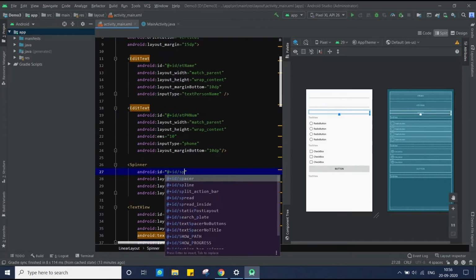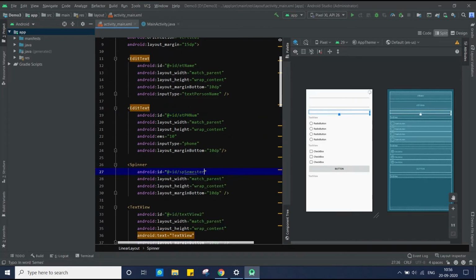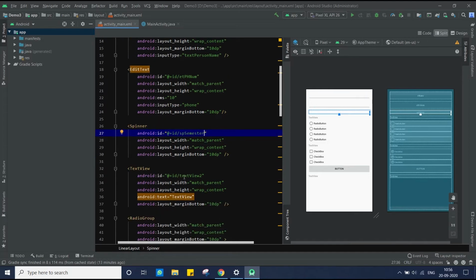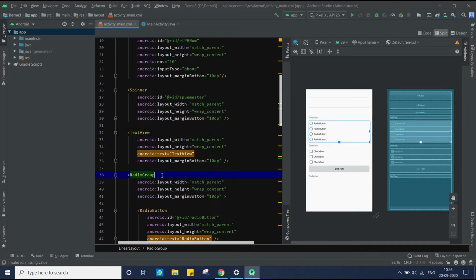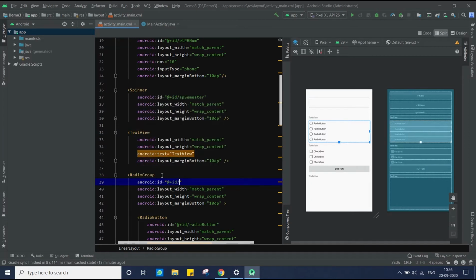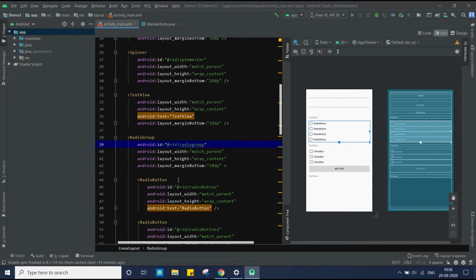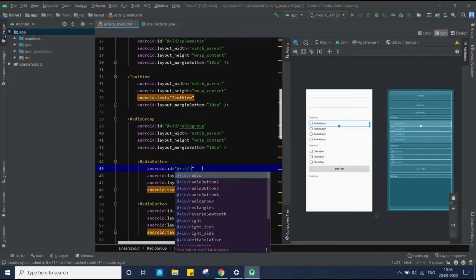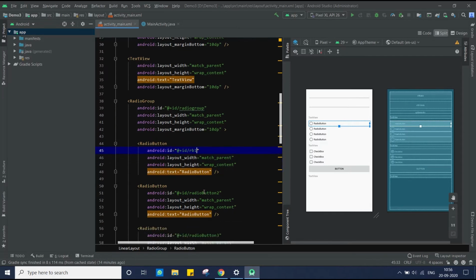So SP semester, because it is for a semester. For the text view we don't need an ID because we won't use it. For this radio group, give the ID as radio group. Then for the radio button, give it as RB1. It would be simpler.